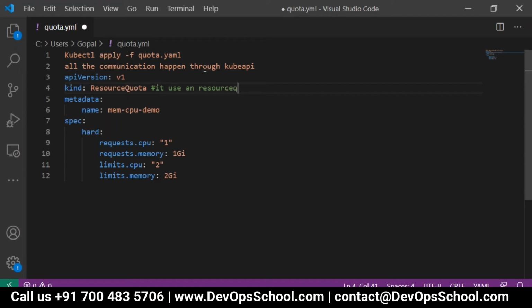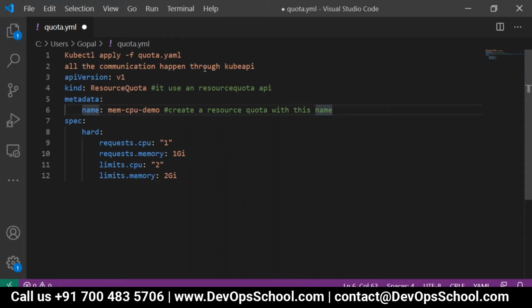Use the resource quota API. It will open that resource quota API and create a resource quota with this name. We define the same using metadata and naming convention.